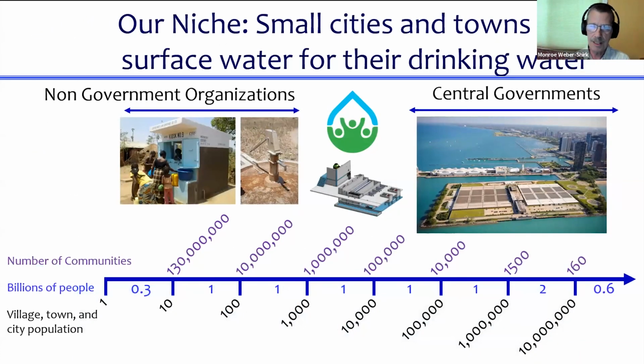Another way of looking at this problem is thinking about the sizes of cities and communities from village all the way up to mega cities like Tokyo. So if you look at the black numbers on the bottom, those are the sizes of cities, number of people living in those cities. And let's just look at between cities of 1,000, this is like a small town, and 10,000, a town, there are about 1 billion people living in that size range. Or similarly, between 10,000 and 100,000, there's about 1 billion people living in the cities of that range.